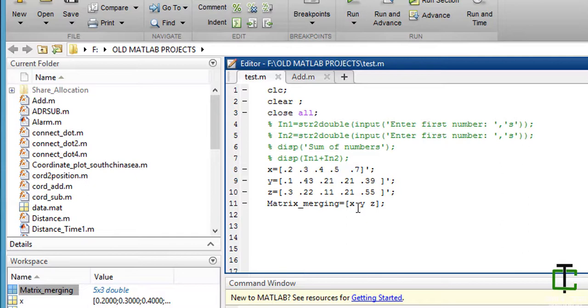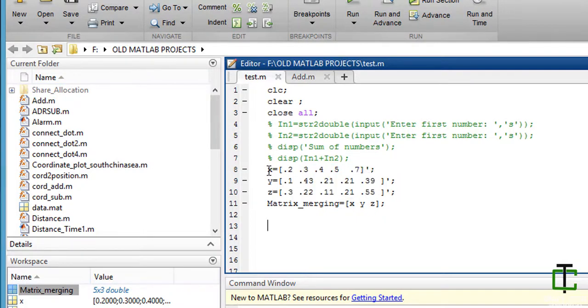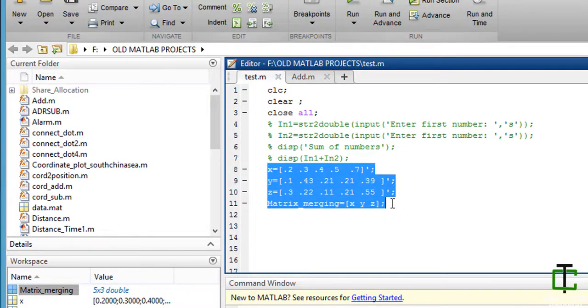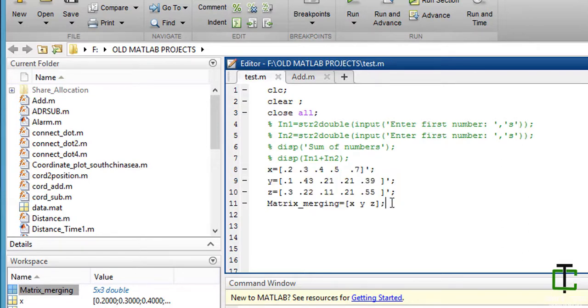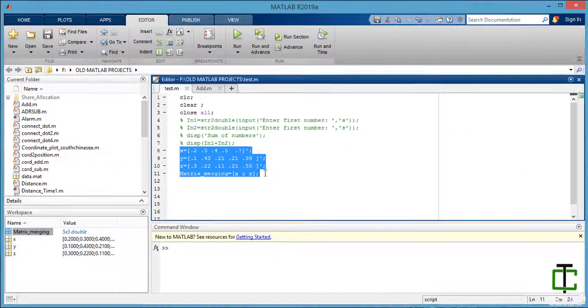If I put a semicolon between two matrices, it will arrange the matrices row wise. In every case you have to be cautious about the length, otherwise you will end up with an error. That's all about matrix operations, because this matrix merging is very important. You will need it in your programming very frequently.